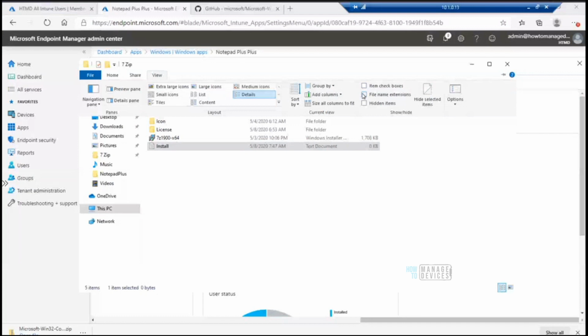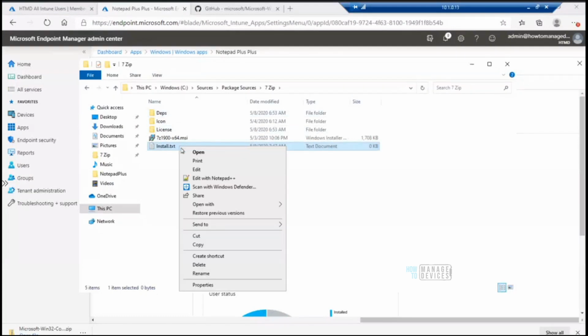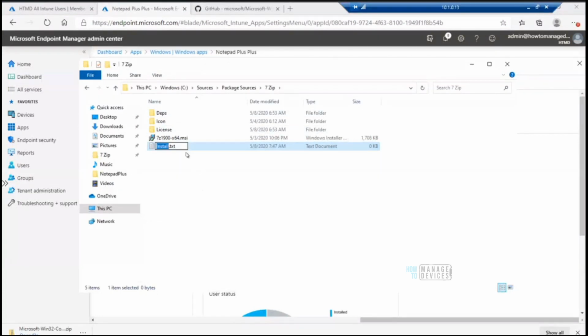In this batch file, you will give a location for this 7-zip MSI file, stored in this location. Usually we store the package in the SCCM distribution, anywhere. This is the location for us.